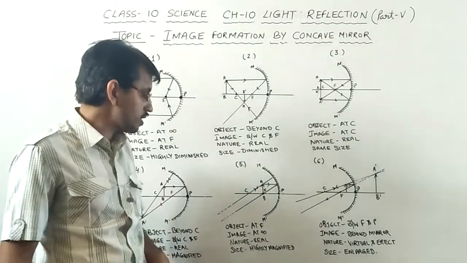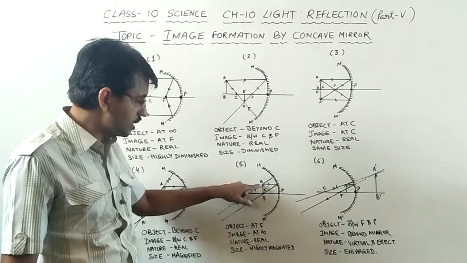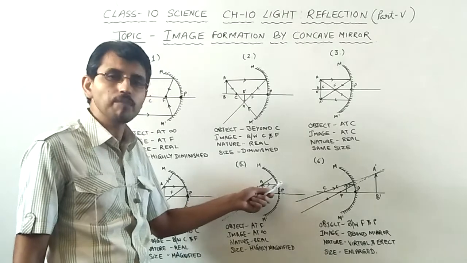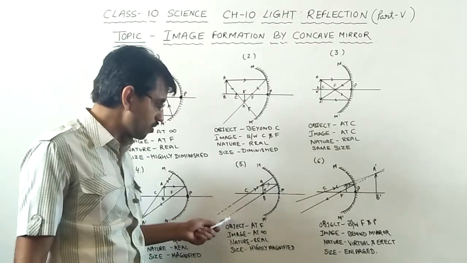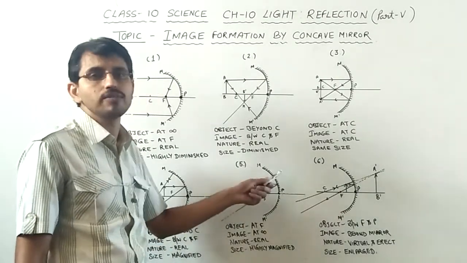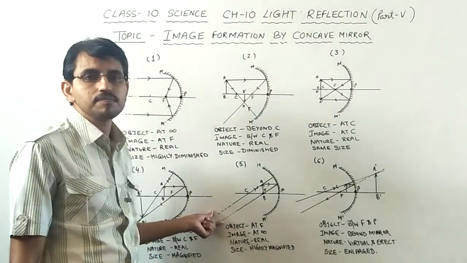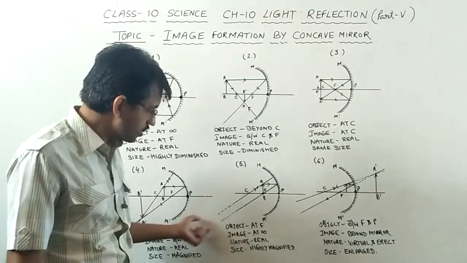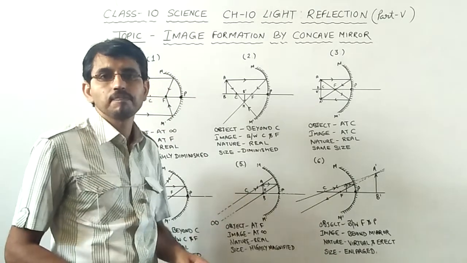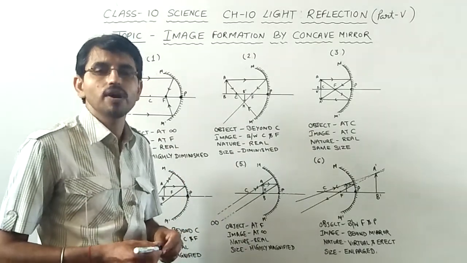Fifth case. In the fifth case we have placed the object at focus. When the object is placed at the focus, as you can see in the diagram, AB is the object which is placed at the focus. Then the first light ray as usual, which is coming parallel to the principal axis, after reflection would pass through the focus. And the second light ray we have shown passing through the center of curvature. It is retracing its path, and you can see both these light rays are parallel to each other, and they are going up to infinity. So where will they meet? We can say that they will meet at infinity, and there is no place where we can reach and find infinity, so these light rays will keep on traveling forever.